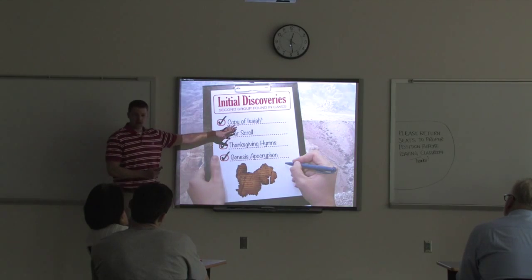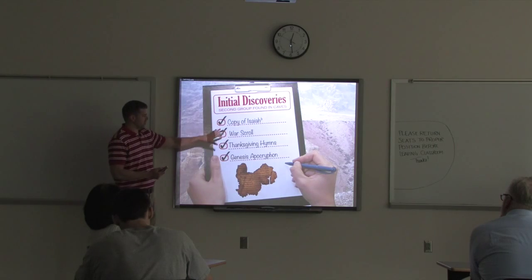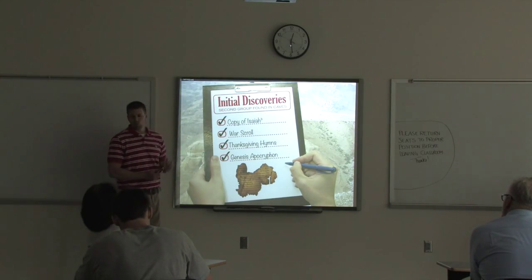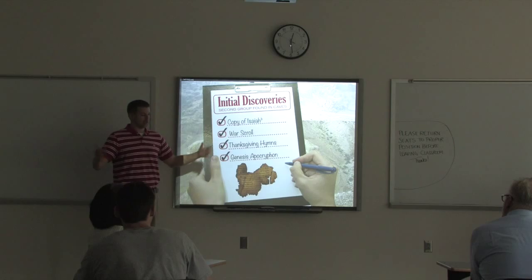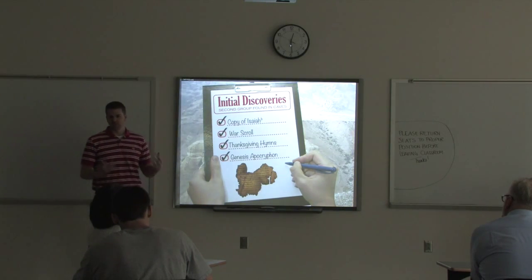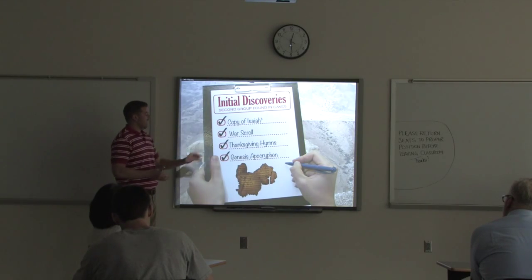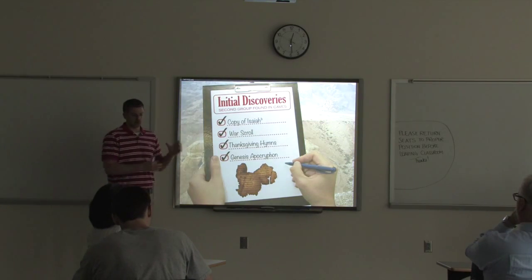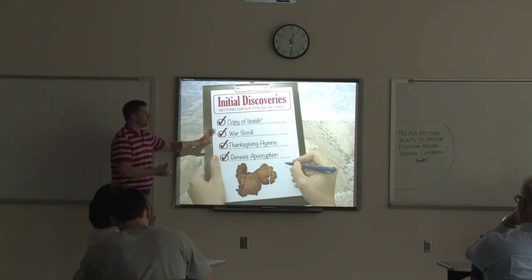He finds another copy of Isaiah. We call this Isaiah B. Not complete, but another good copy. He finds the War Scroll, which is basically an ancient apocalypse. What's going to happen in this great war against the nations at the end. He finds some Thanksgiving hymns, very much like the Psalms. These are written by a community. Again, we didn't have these before. Retelling of certain parts of Genesis. Again, we'd never seen these texts before this discovery.